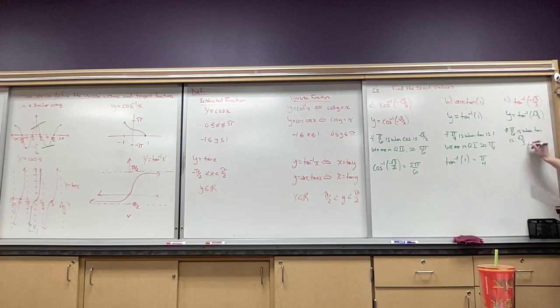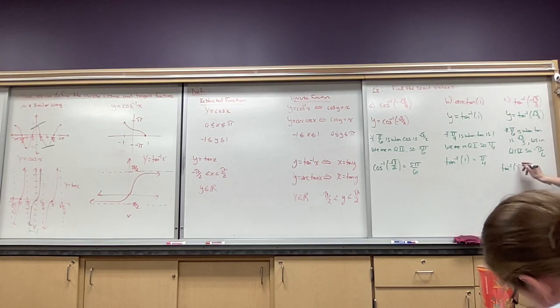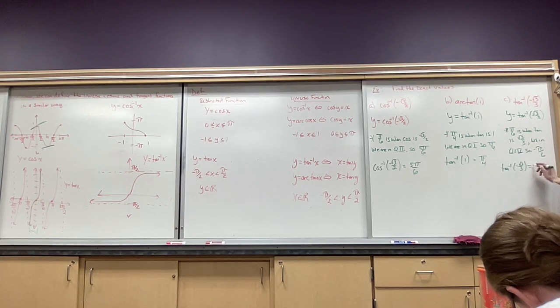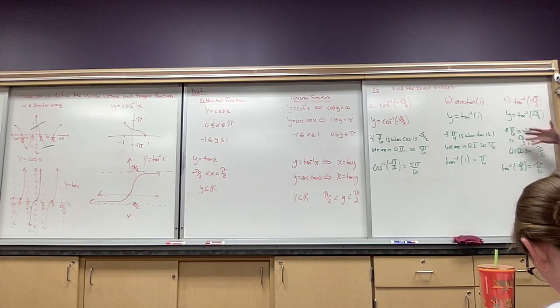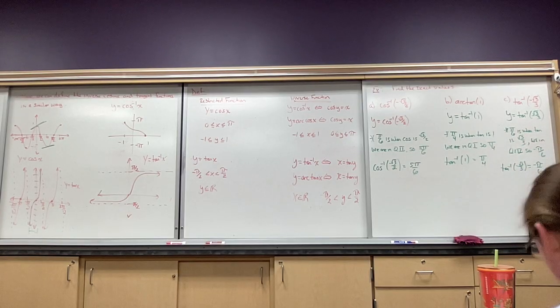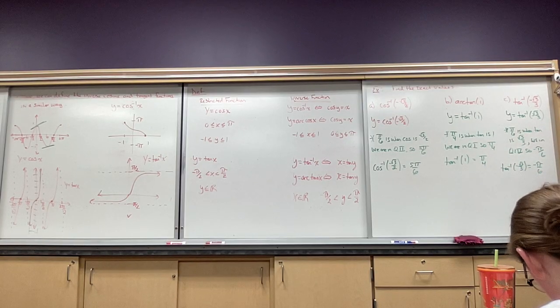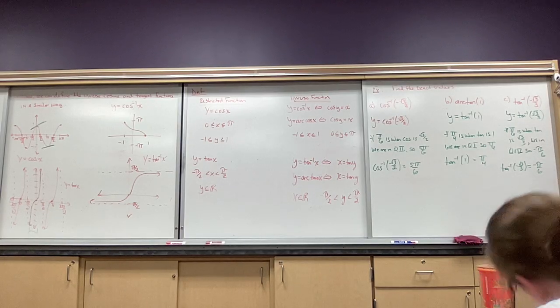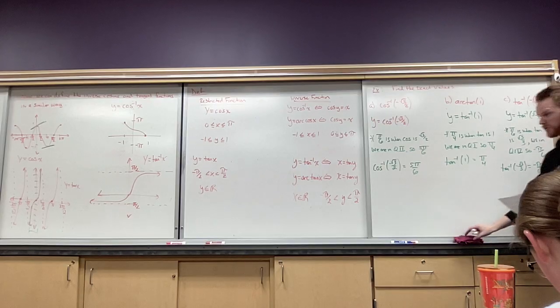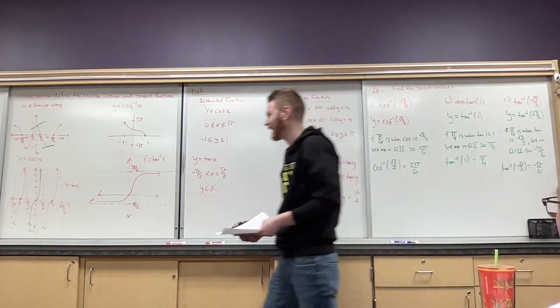So therefore, we'll put we are in quadrant 4. So negative pi over 6. So inverse tangent of this guy is equal to negative pi over 6. Now, when you solve it yourself, do you have to write little notes? You do not. I like to just put that there so you know what my thought process is, how I'm coming up with it. So maybe when you first start solving it, it might not be a bad idea just to write down some breadcrumbs, like how did I get to that